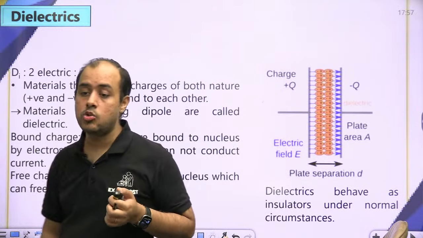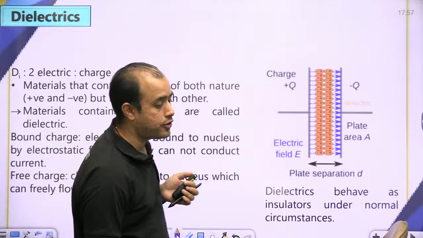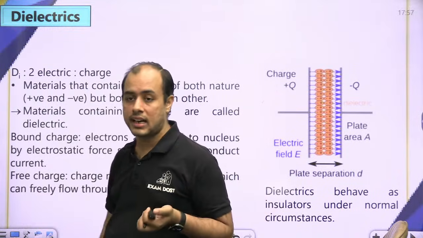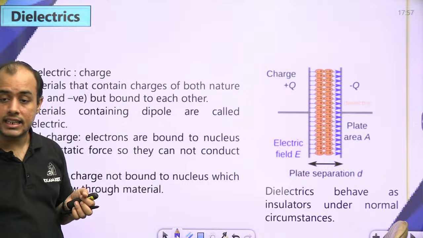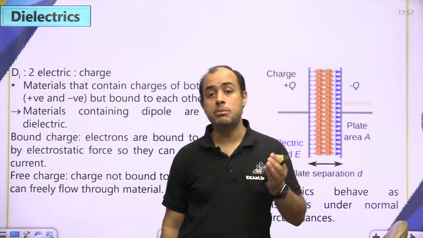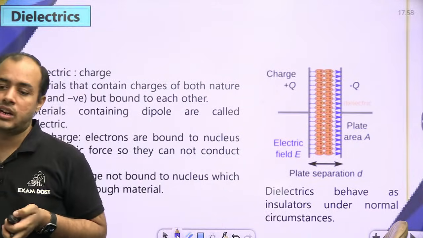Now neither the nucleus nor the electrons can flow separately from the atom. ना ही तो एटम का न्यूक्लियस ना ही उसके इलेक्ट्रॉन अलग जा सकते हैं। So that is why I say that positive and negative charges are bound to each other. That is, they will move together. ये आपस में bound हैं, ये एक साथ move करेंगे।